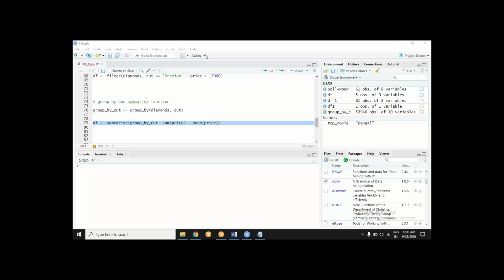Yes, Rehan, count of number of diamonds. Not working?